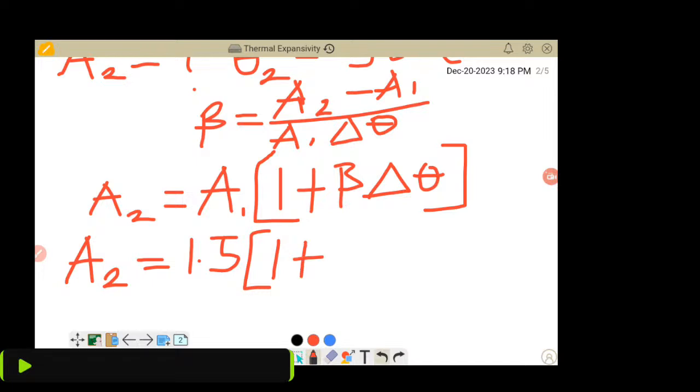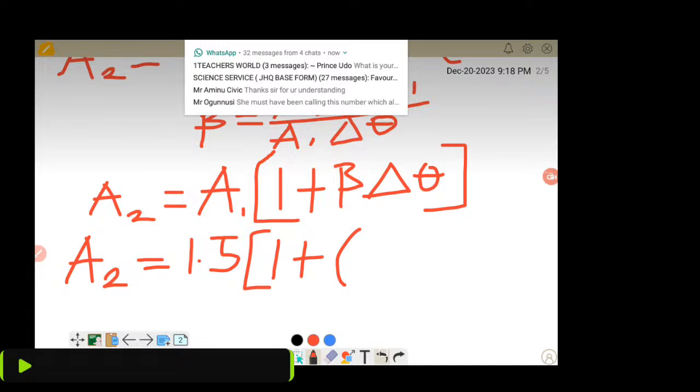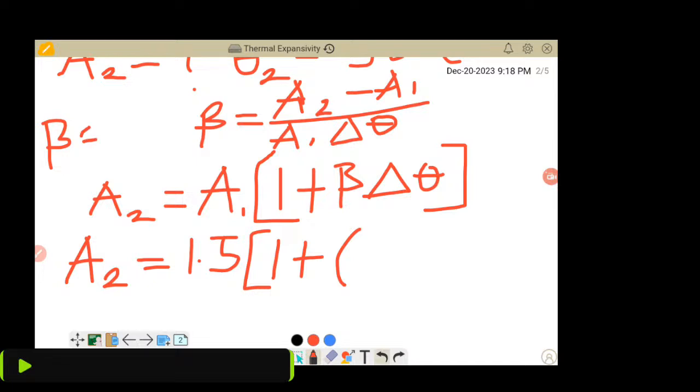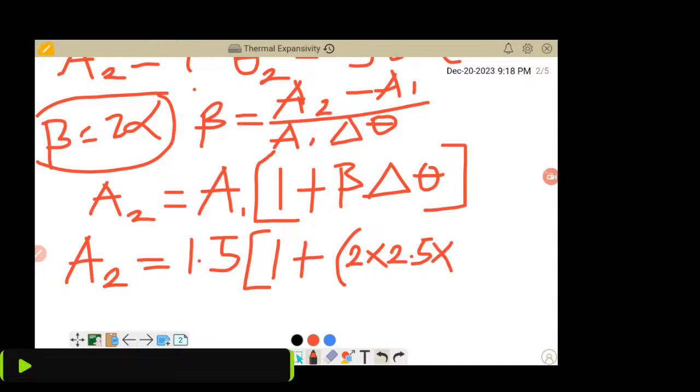1 plus, okay, let's open a bracket for this. Beta. I think we quickly need to have what our beta is. Remember that our beta is equal to 2 alpha, and in the question we're given alpha, so when you multiply the alpha given in the question by 2, we have a 2 multiplied by the alpha given in the question, which is 2.5 multiplied by 10 raised to the power minus 5,